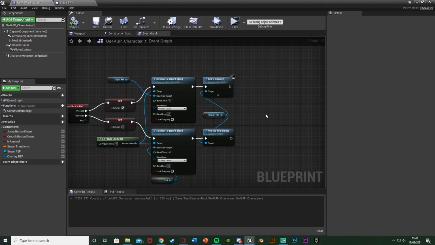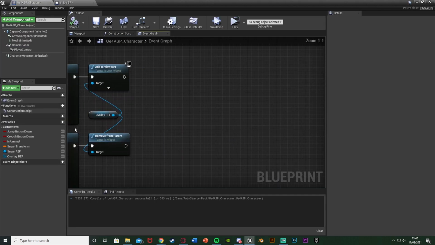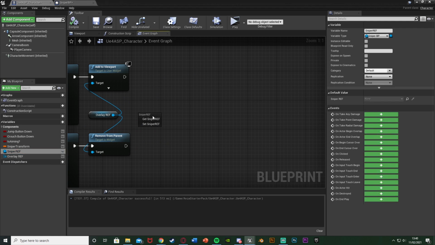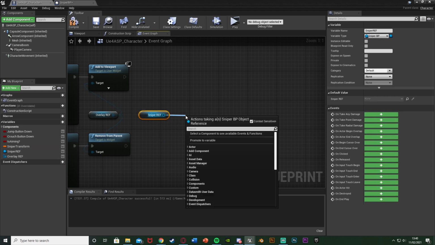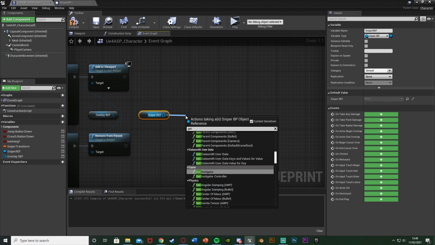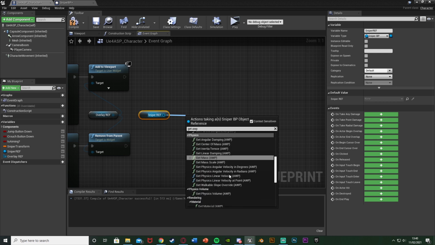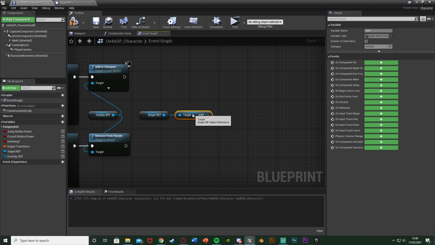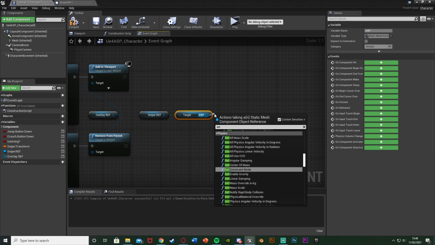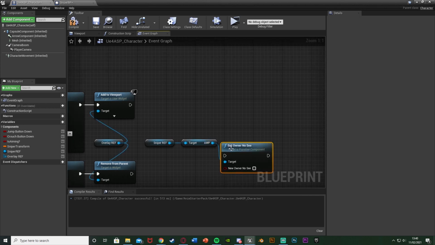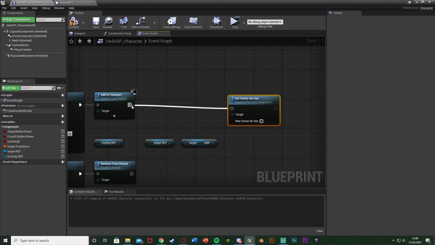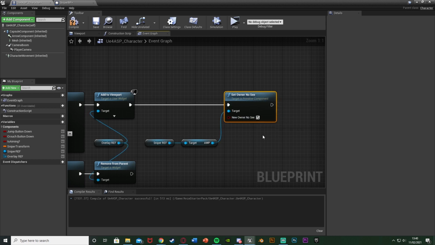So go back to our character blueprint here. What we're going to do is get the sniper reference here, get sniper ref. Out of this, we're going to get the AWP, or just basically our static mesh for our gun. Then out of that, we're going to set owner no see, plugging that into add to viewport there, and we're going to tick it. So the owner, basically the player, doesn't see the mesh when we're ADSing. So other people will still see it, but not the player, which is perfect, so we don't see the barrel